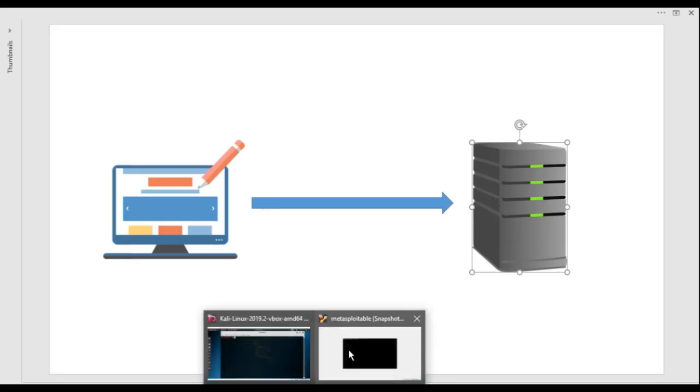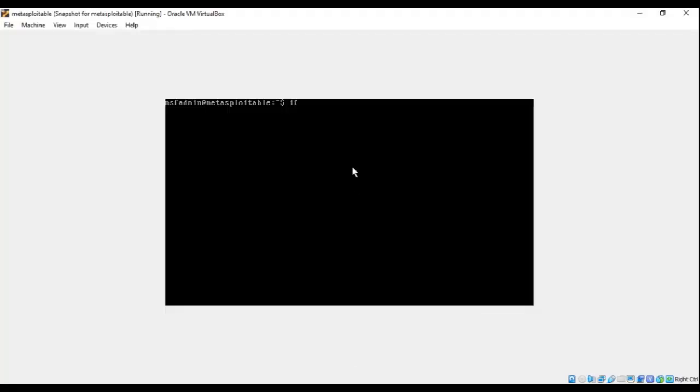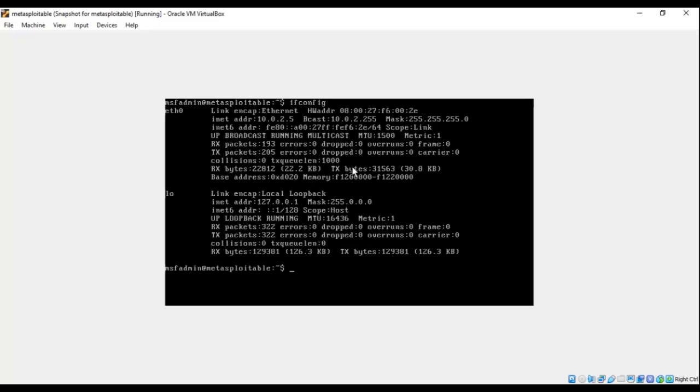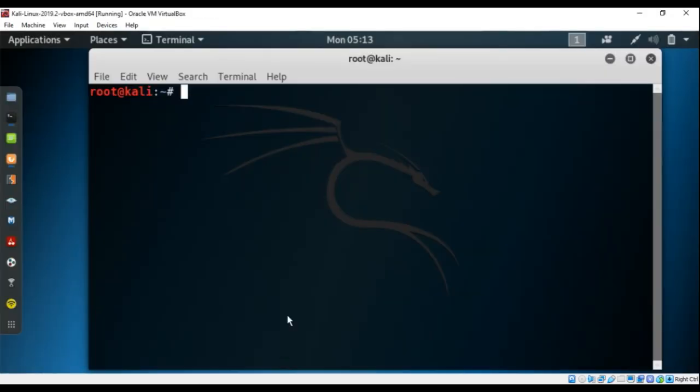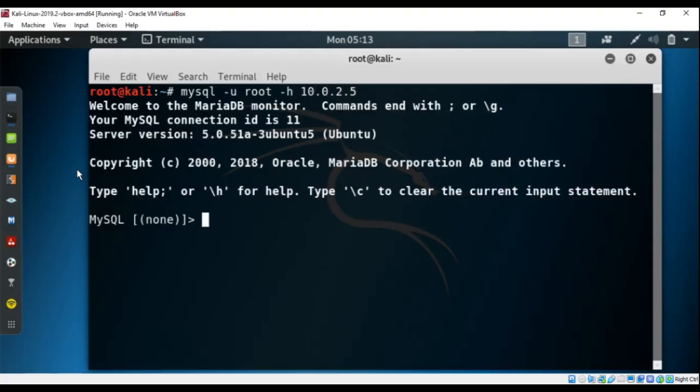Now here is the Metasploitable, which is a web server. So first of all, let's find out its IP address. It is 10.0.2.5. Now let's switch to the client machine, which is Kali. I am not going to hack into any website yet. Instead, I first want to show you what a database looks like. So mysql -u, where u stands for user. The username is root. My web server, Metasploitable, is not using any password, and then the IP of the web server. See, now I am in the MySQL of